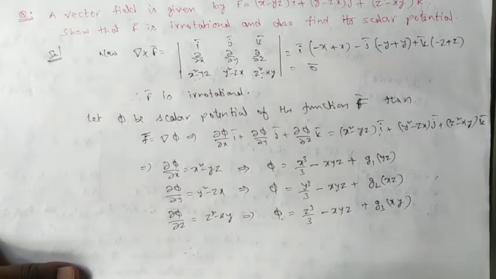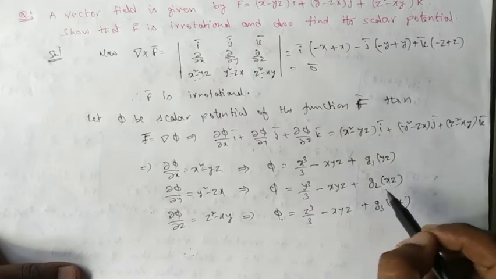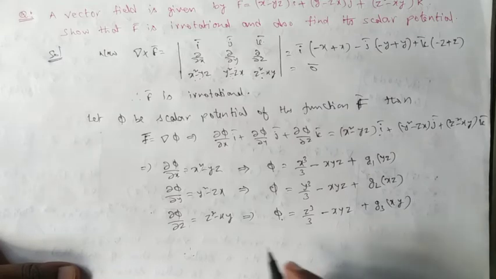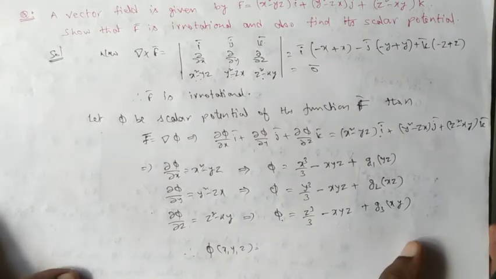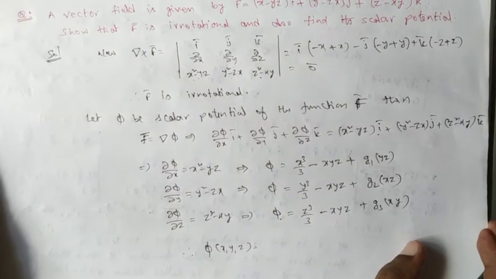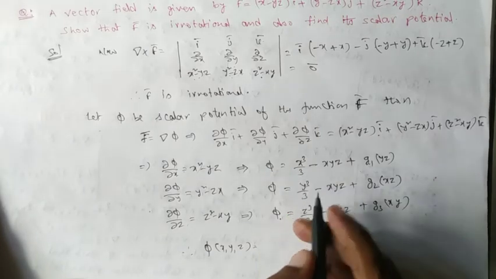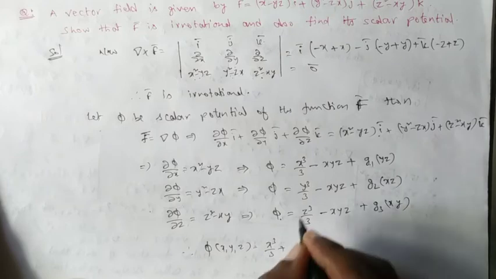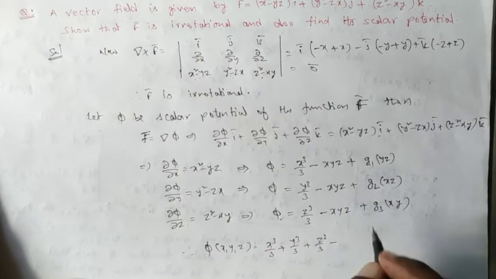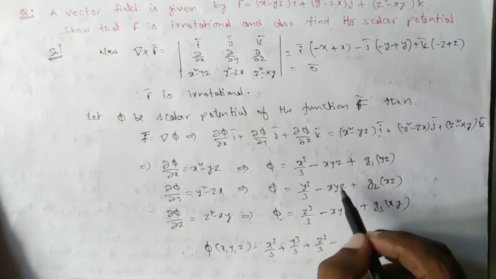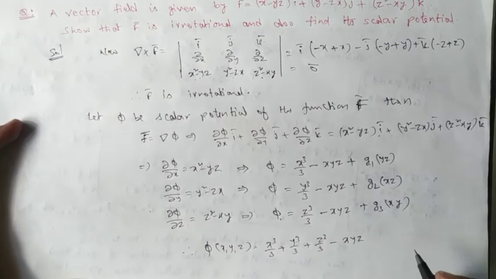In the actual cases, we need to calculate this g1, g2, g3, or any one of g1, g2, g3, in order to find our pi of x, y, z. We just write like this. Whatever the number of terms, we should write each only one time, whether it is repeated twice or thrice. So it is x cube by 3 one time, plus y cube by 3 one time, z cube by 3 one time. xyz is only one term, repeated in all three cases, even then you should write only one time. The logic is that,